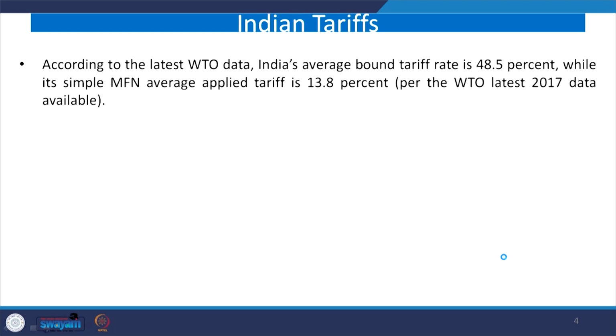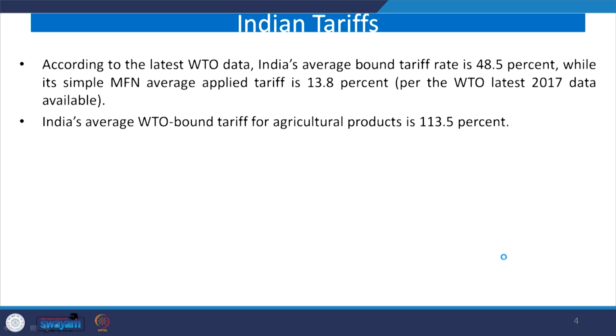According to the latest WTO facts, India's average bound rate, which is where the ceiling rate is defined and usually higher than the applied rate, is 48.5%, while the simple MFN average rate is only 13.8%. This is as per the 2017 data of WTO. Now, India's average WTO bound tariff for agricultural products is much higher. We will also discuss why these kinds of products have very high rates,